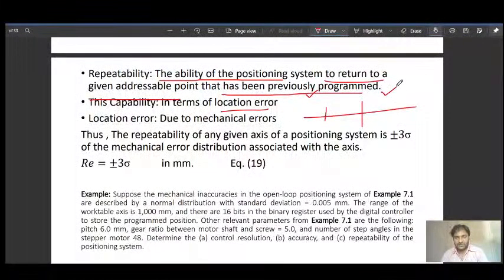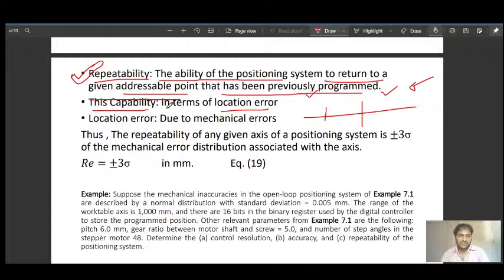So if we have programmed it and it can commit here, that is the concept of whatever we have programmed, and the decimal point the machine or table is able to go to. That means we are able to achieve that decimal point. So it gives the concept of repeatability. How easily we can achieve the programmed point, that in simple sense you can understand.